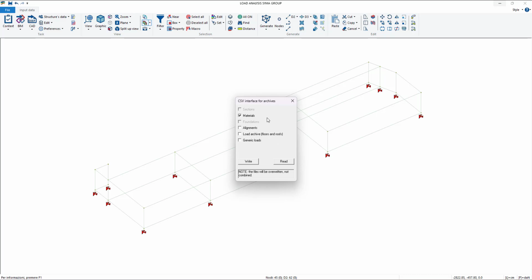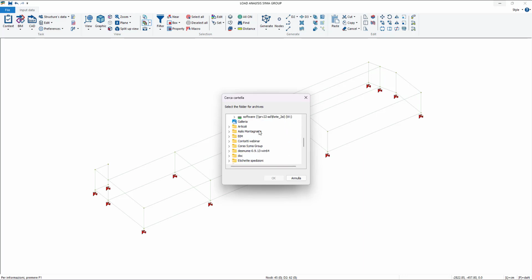In this case, we want to import the material archive, so we can go read, and then you just have to find it.